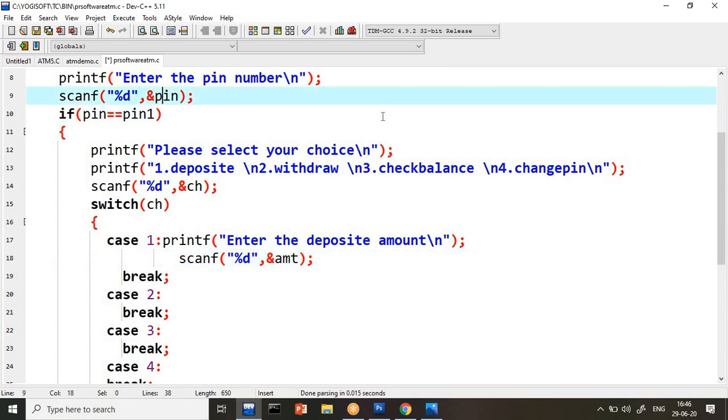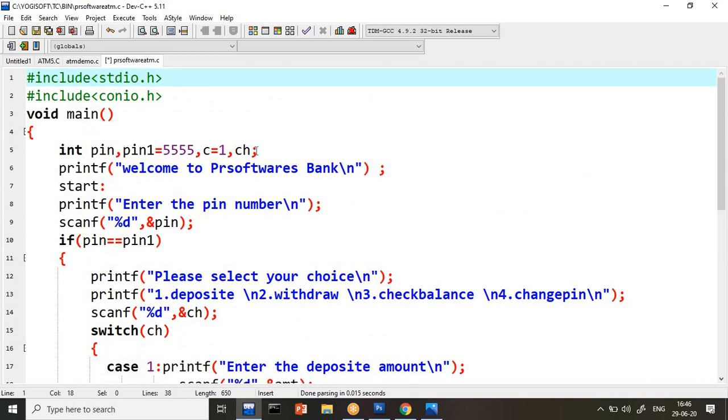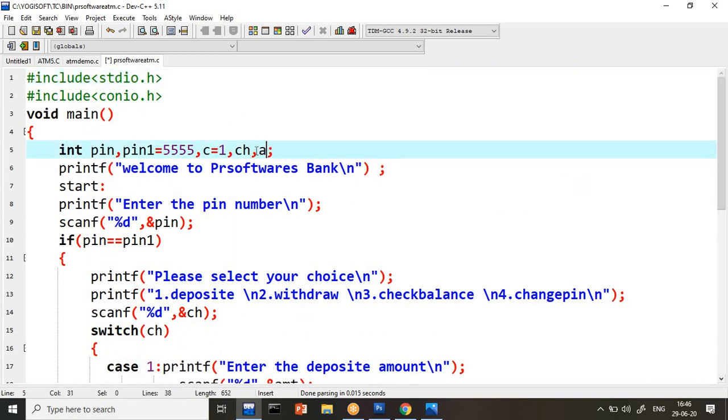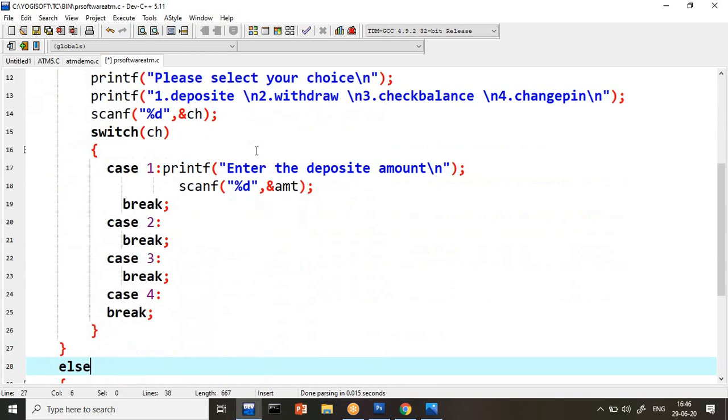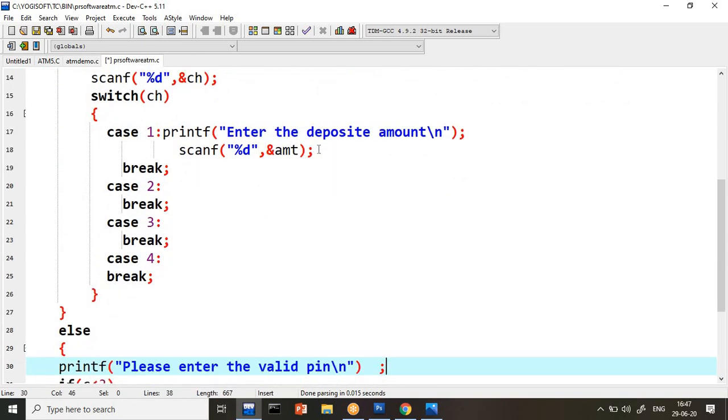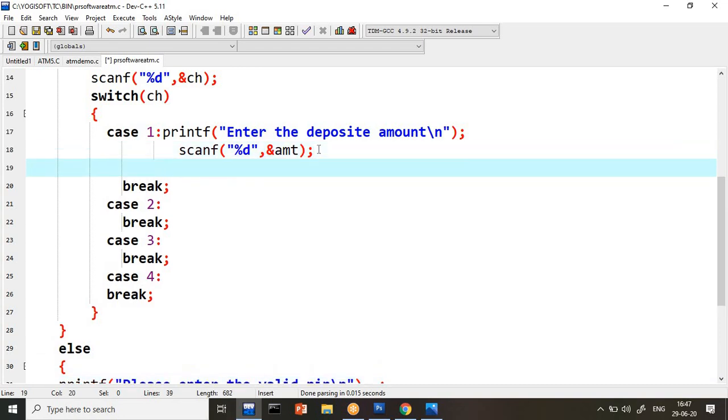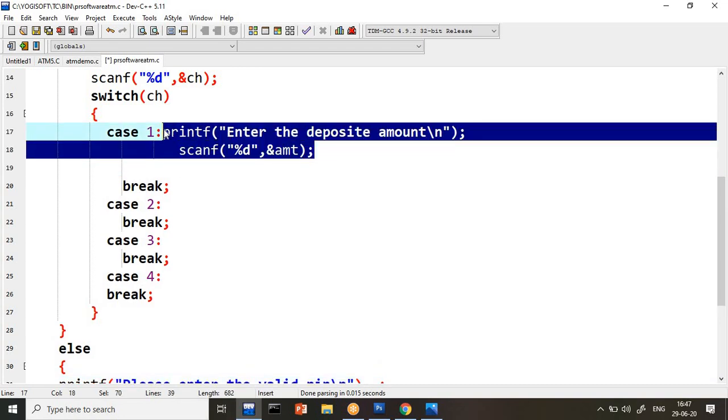And guys, variables I am taking as and when required. So one variable I need, amt, to read the amount, and one I need for the balance, which is the opening balance in my account, which I am giving as 5,000. In the application testing also I gave 5,000 there. Okay. After that, I read the amount here. So you tell me, if I go to an ATM, can I deposit how much amount I want?